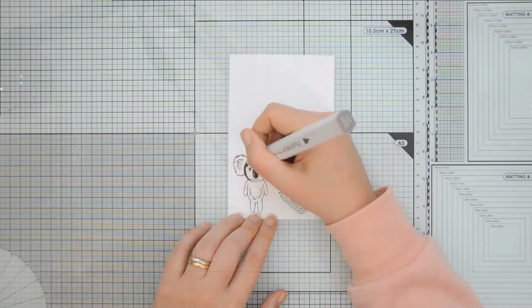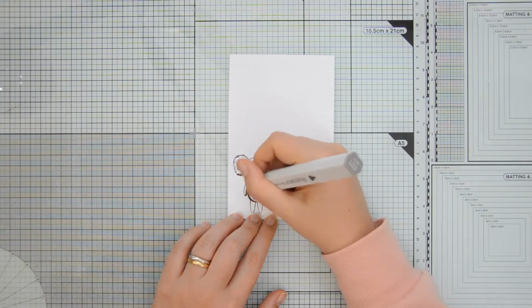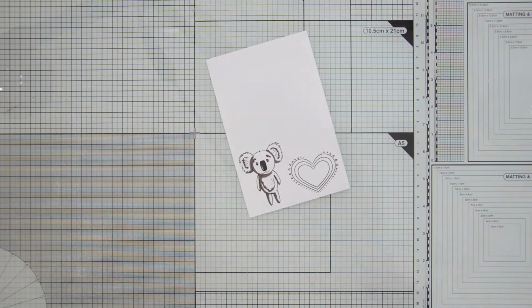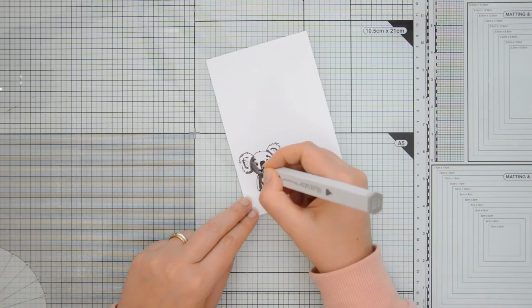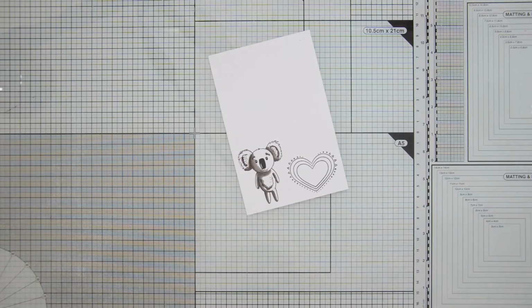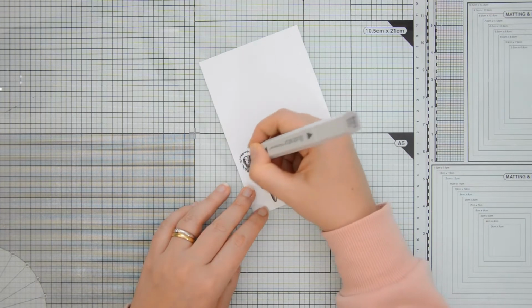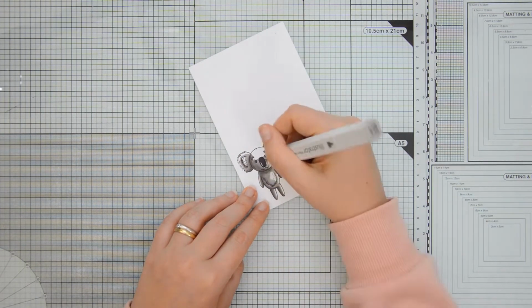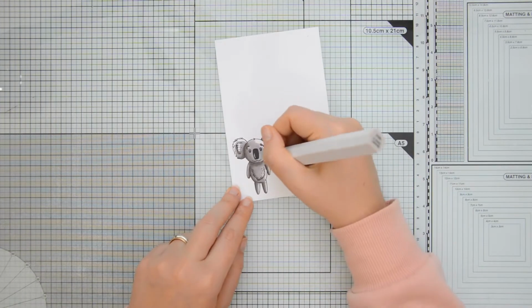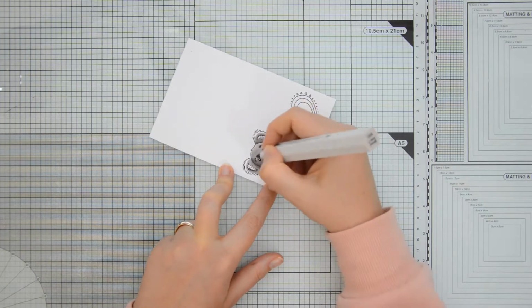I stamped this cute koala from the Kindness is Cool stamp set, and then I did some quick coloring using some warm gray markers for the koala and some pink markers for the heart. Because we have 3 cards to cover today, the coloring is sped up quite a bit compared to my usual videos, and also I will not be sharing any coloring for the rest of the cards because otherwise the video will be too long, but I still wanted to give you a little bit of a glimpse at how I